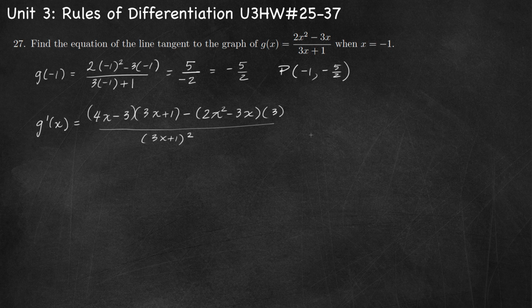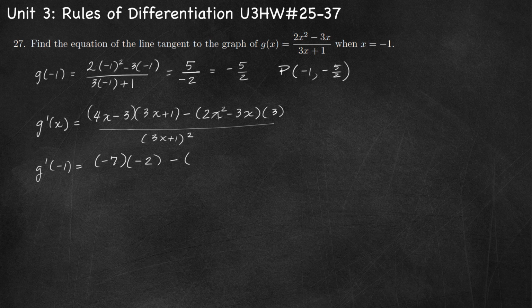Now I could simplify this, but ultimately I just need to know what is g prime of negative 1. So I think I'm going to go ahead and substitute the negative 1 in now and simplify it after I have just constants in the expression. So 4 times negative 1 minus 3, that's negative 7. And then 3 times negative 1 plus 1, that's negative 2,